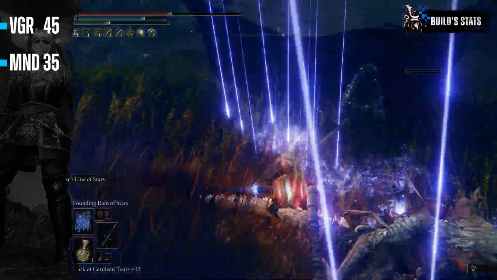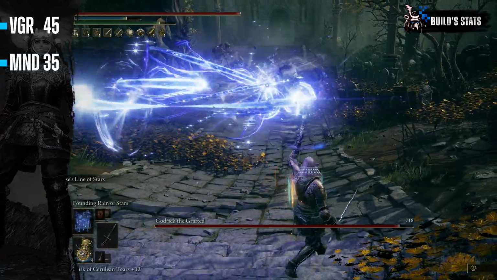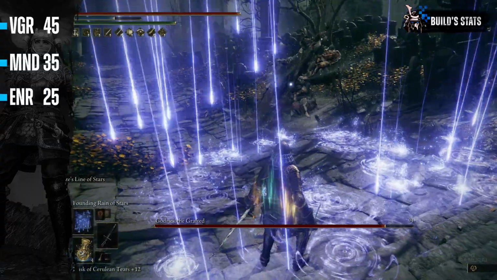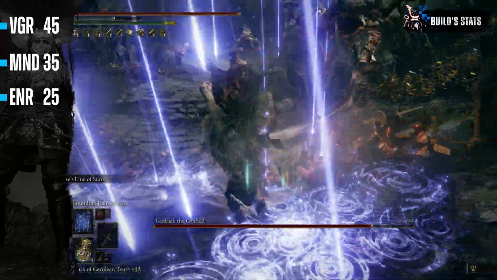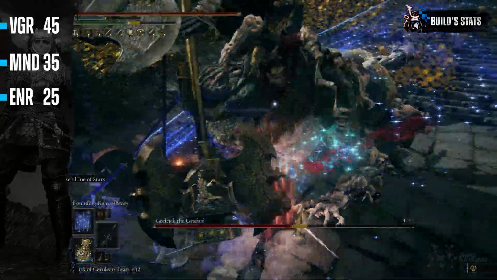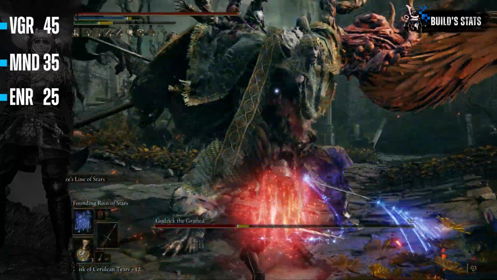Next is Mind, and 35 points have been allocated to it, and you will be casting a lot of incantations and skills when using this build, so it is highly suggested. Talking about Endurance next, 25 points have been allocated to it, and the Starlined Katana's unique skill eats a lot of stamina, but I think 25 points will do the job since you're not going to spam the full attack combo anyway,